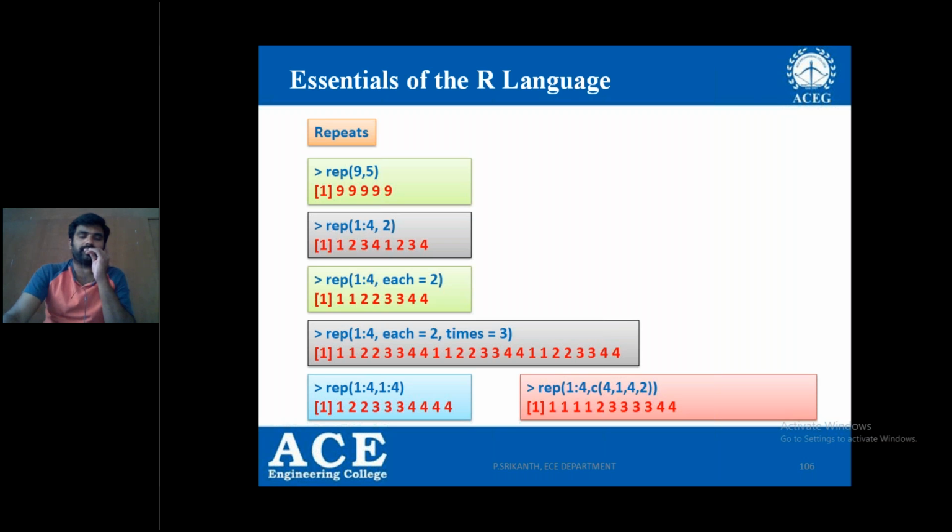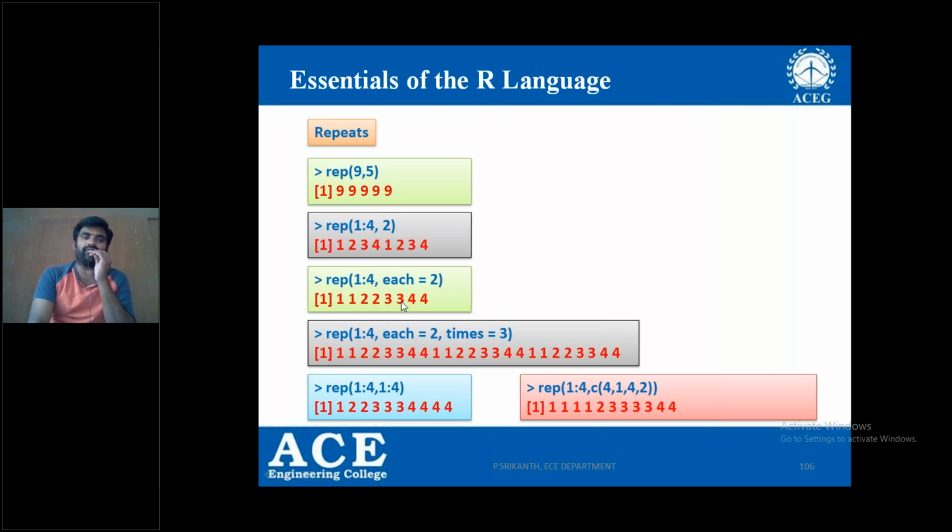Another one is repeats. Repeats is a built-in function, which is going to repeat the number of values. For example, here, repetition of 9 comma 5. It repeats the number 9 for 5 times. Repetition of a vector for 2 times. What is the vector here? 1 to 4, right? And the repetition of a vector and in the vector each element 2 times.